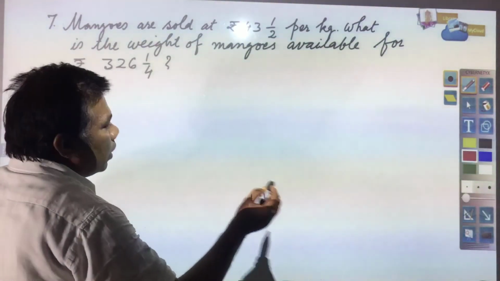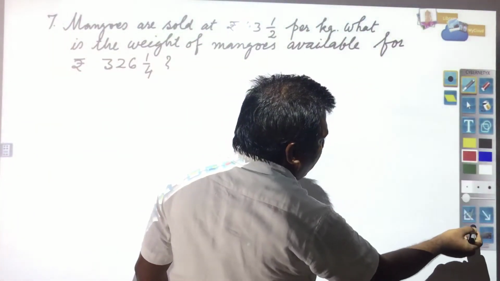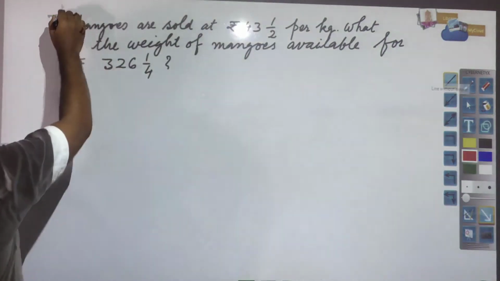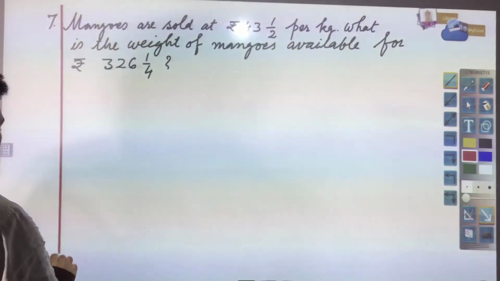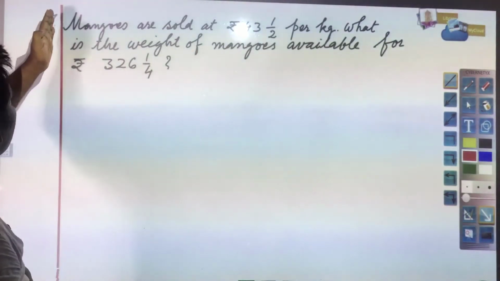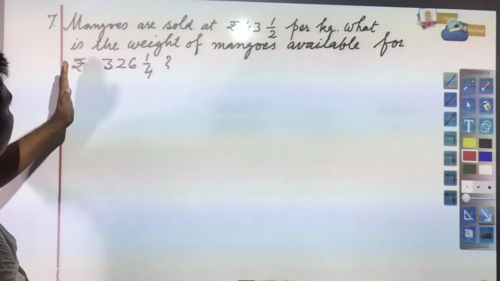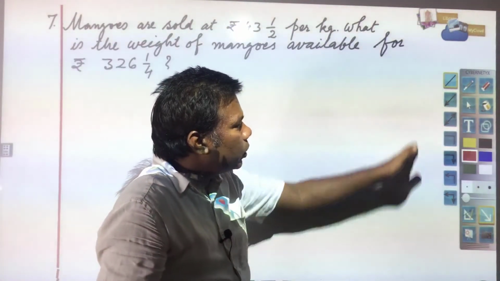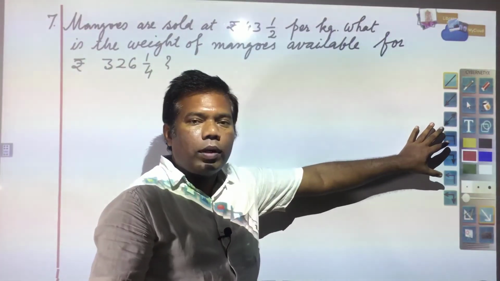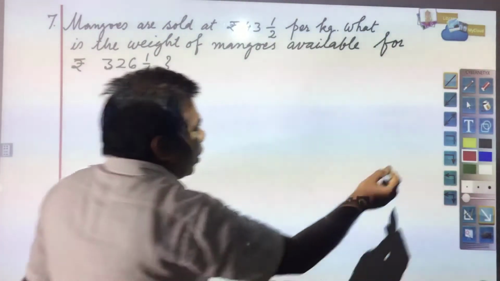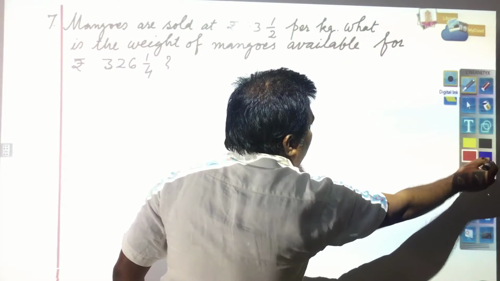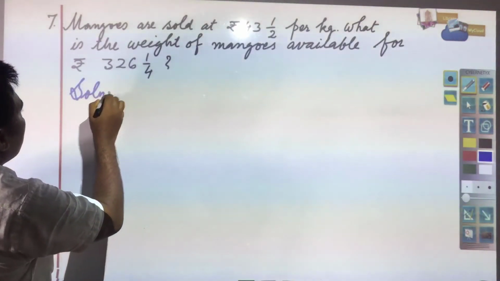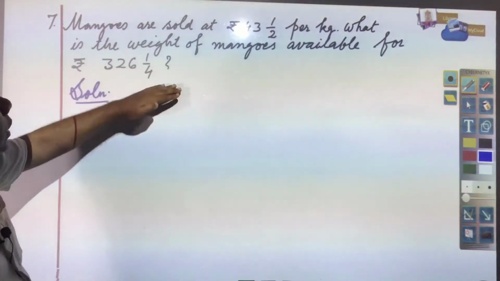Here you see, if you have a copy like this, you have a margin mark, and the question should be written on the left side. The solution you make should be inside. This side you should keep for rough work. So here we will write the solution for this question.